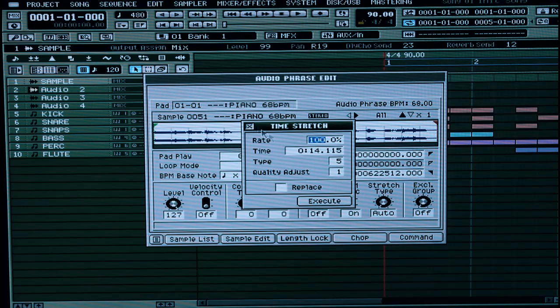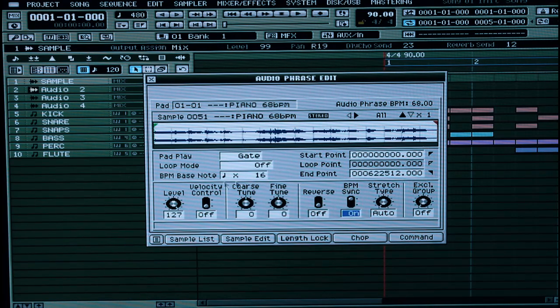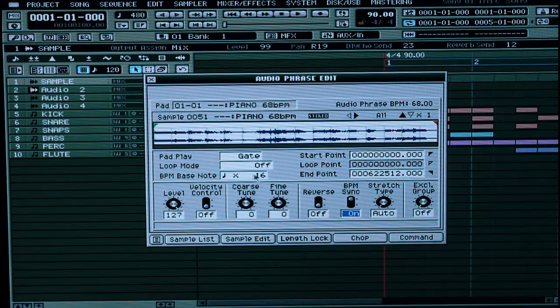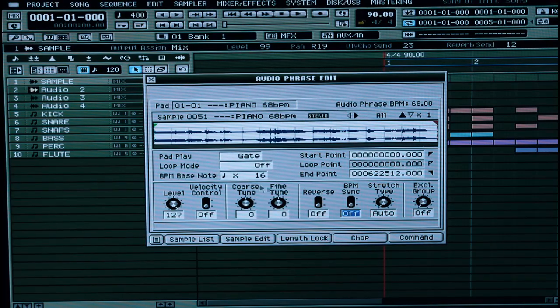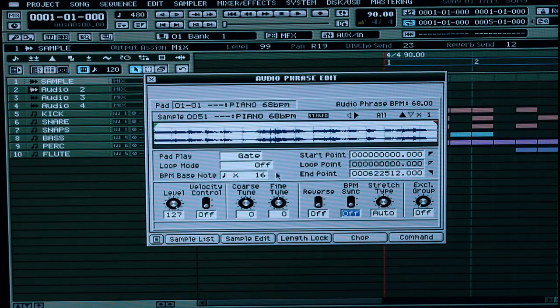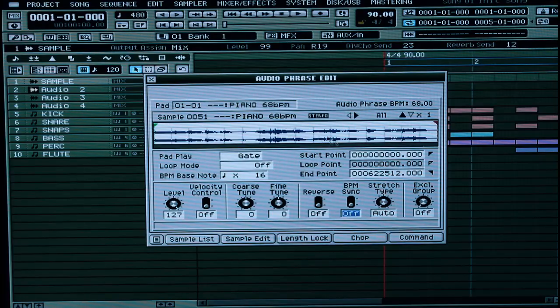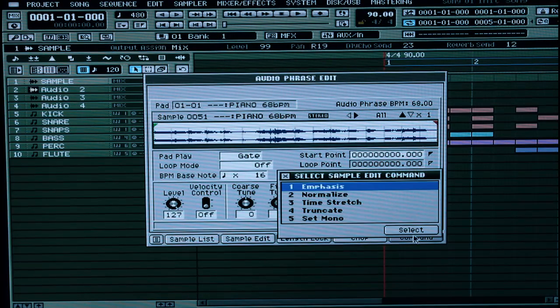First off, you want to always make sure you have your samples trimmed where they need to be: 2 bars, 4 bars, 8 bars, 16 bars, 32, you get it. Make sure they're correct here in the BPM bass note part. So number one, make sure this is correct. Make sure your sample is chopped correctly, and then go here to command and then